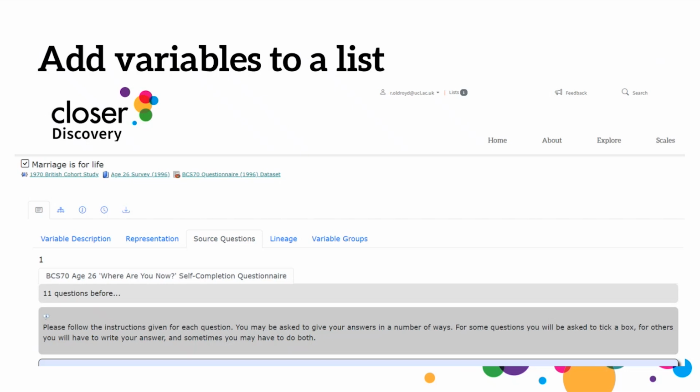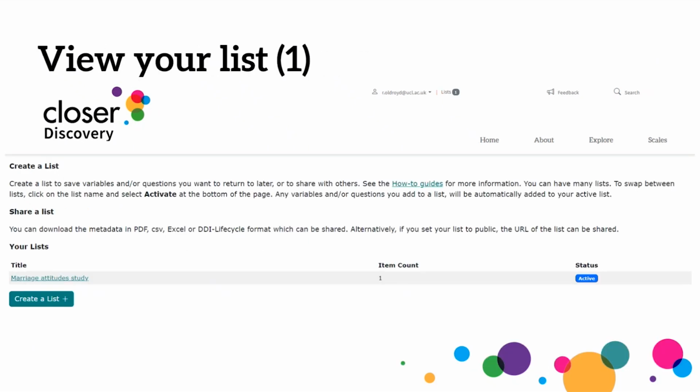To view and edit this list, I'll just click on Lists at the top of the page. And here you can view all of your lists. You can see that the status of my list is active. And if you have multiple lists, you'll need to make sure that the list that you want to add things to is the one that's active. You can see that I've edited this list because it has a more descriptive title, so I've called it Marriage Attitudes Study. To do this, I just clicked on the title of the list,